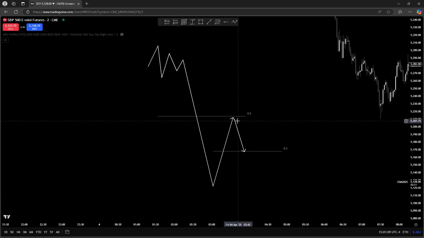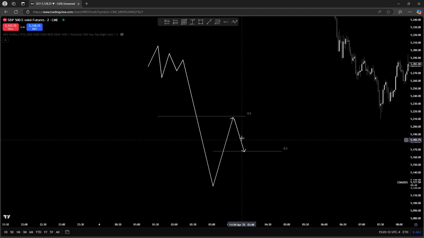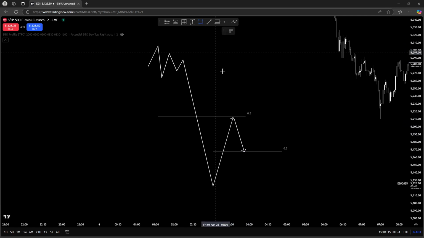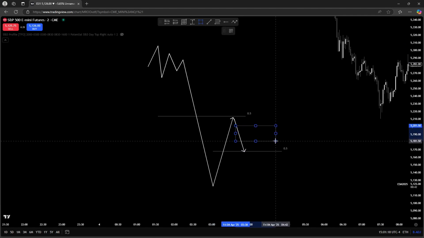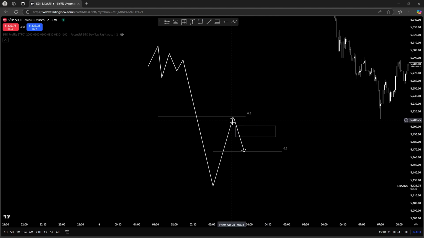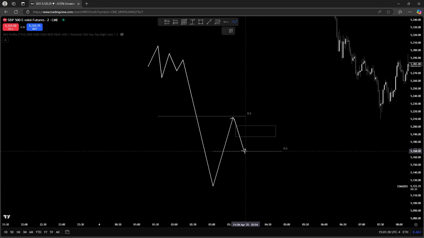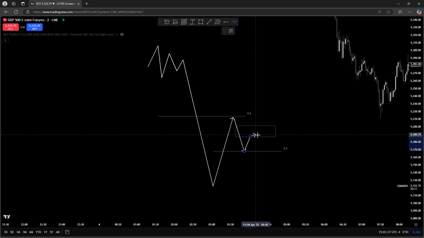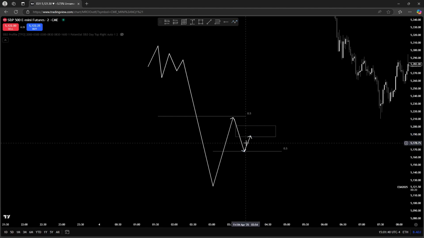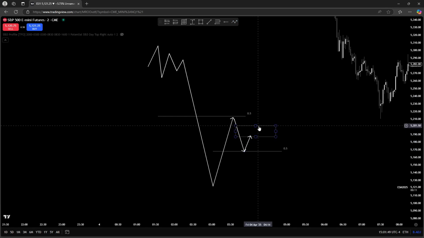From this move going down to 50%, we created a 5-minute imbalance. Within all of this, that move lower, we created a 5-minute imbalance. This fair value gap is going to show us which way price is going to go. So in today's case, we came up into this 5-minute gap, retraced into it. And from when price goes into it, I wanted to see: is price going to hold this fair value gap and displace lower, or is it going to run through it and continue higher?